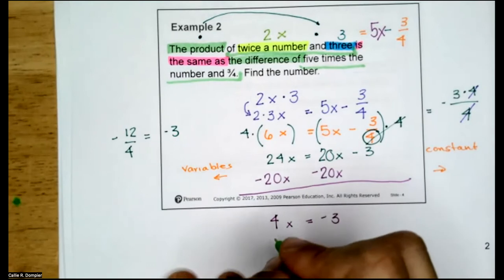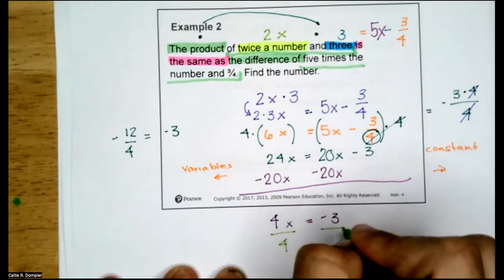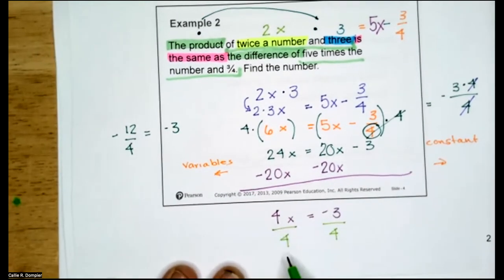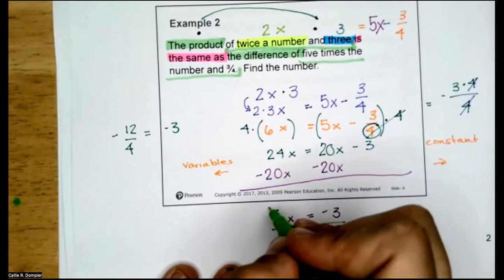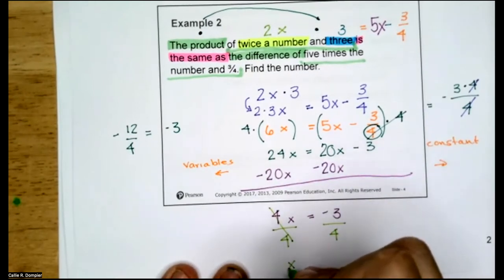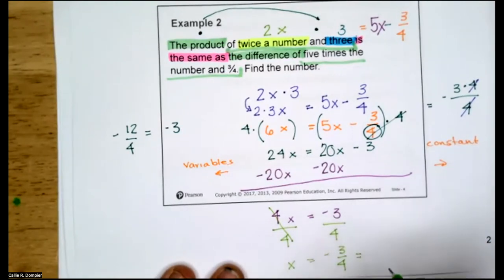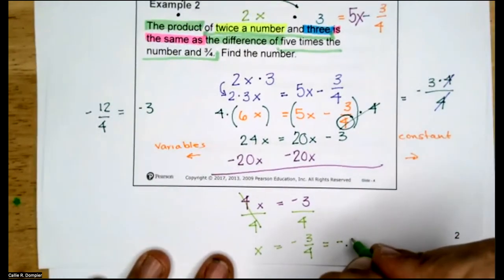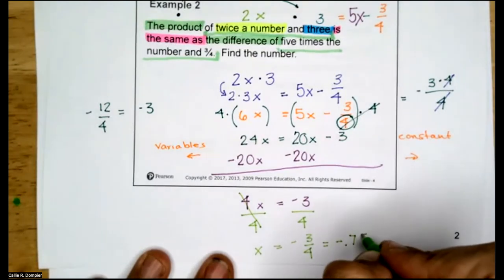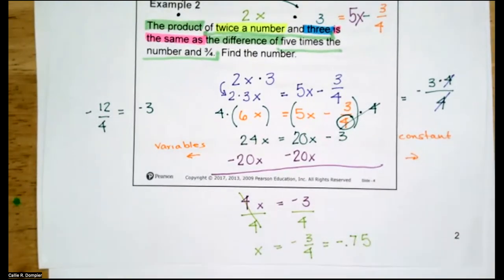All right. Divide by 4 because that is the opposite of multiplying. Okay. 4x divided by 4 just leaves us with x. I would just leave it as -3/4. It's also negative 0.75. Am I right? Any questions? Find the number. So that number is -3/4. You can check that